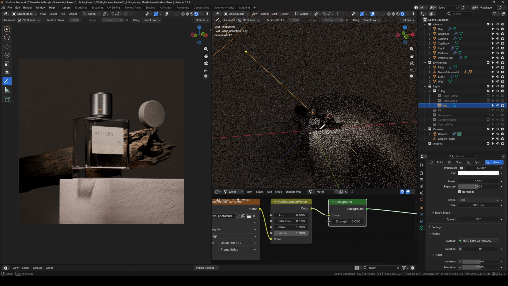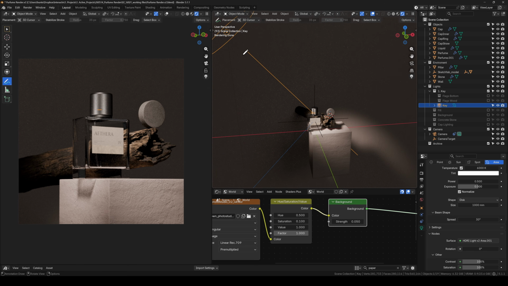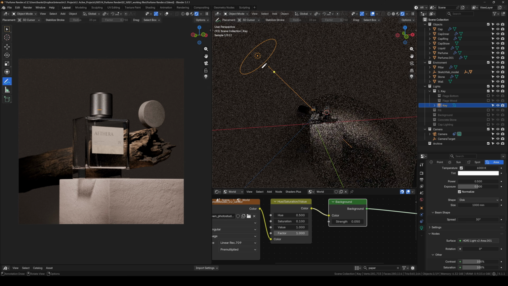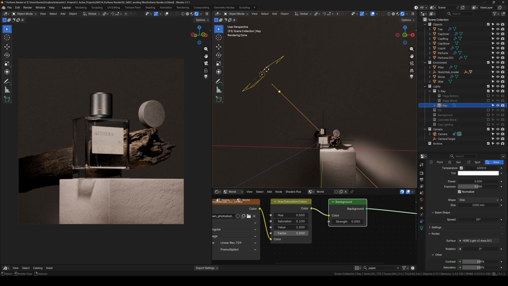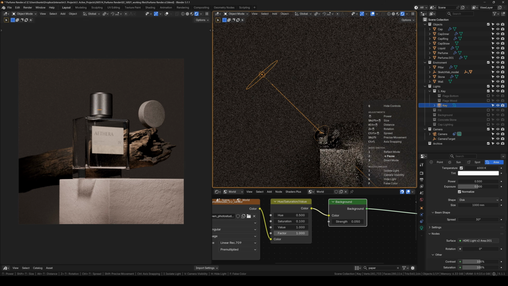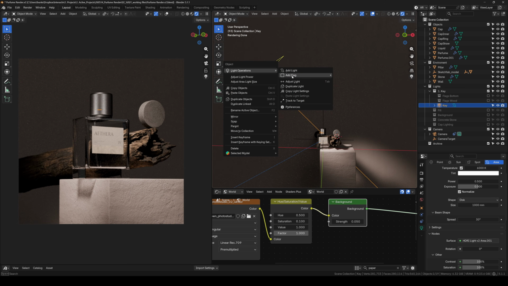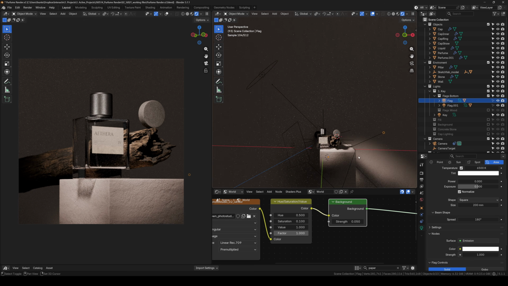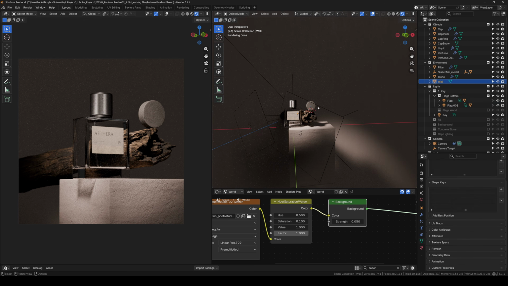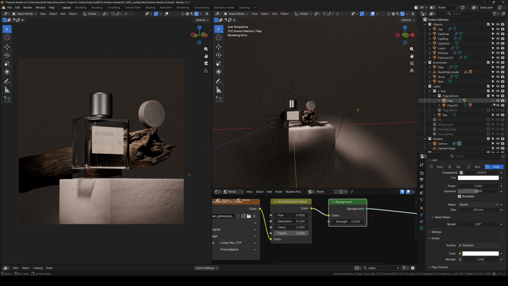Light Wrangler actually has a feature that you can use with it, and it's super helpful. Basically, if you select a light and then right click, you can add a flag, either a solid or a gobo. I just added a solid, and this is what these 2 flags are. The first flags are these 2, and I've got them unselectable, one here and one here. And if we just turn these off and